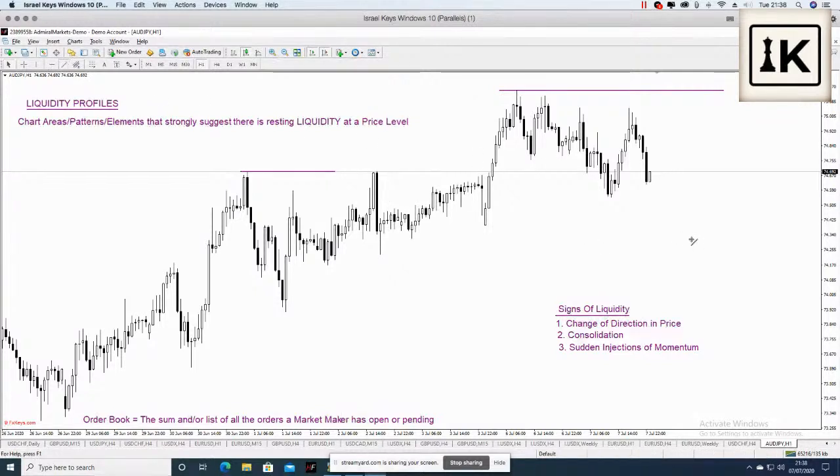When you see a low, something caused price to change direction. You don't always need to know what that thing is. Sometimes it's very obvious what it is, but you don't always need to know. You just need to understand it ran into an area of liquidity. So number 1, liquidity profile, obviously,